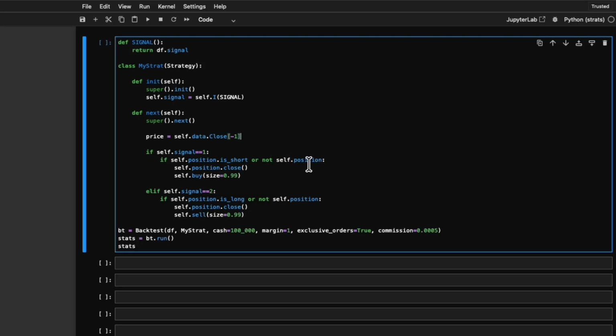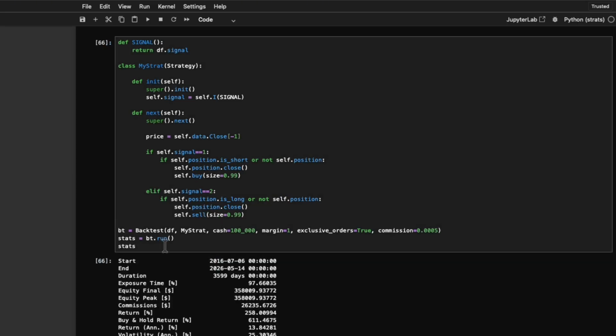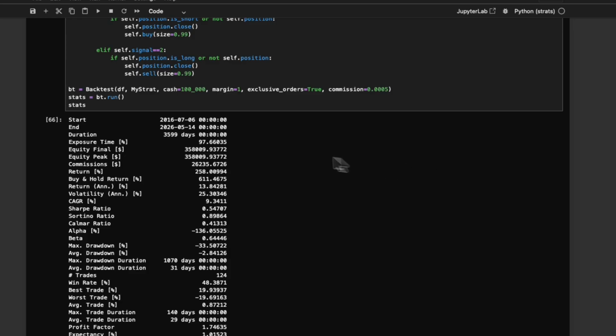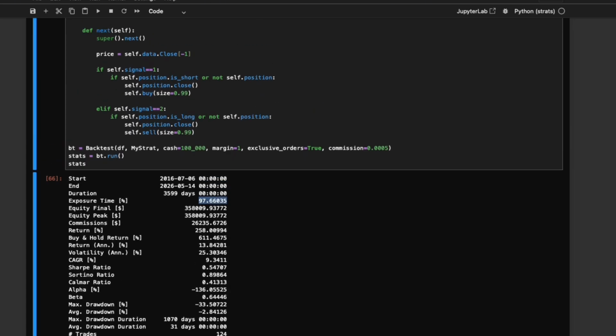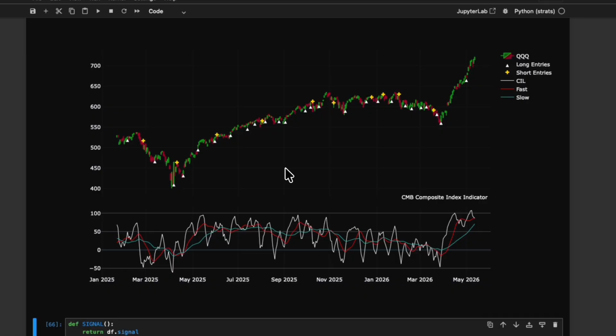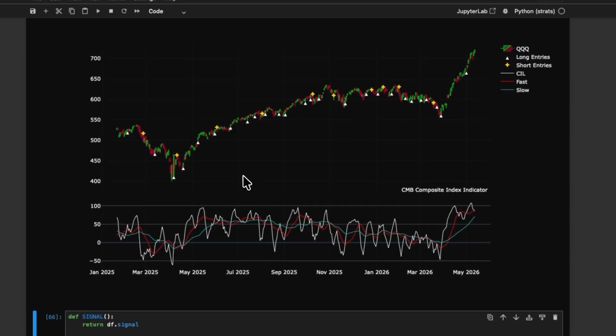So let's run it raw just to see what it would give us. And it doesn't do too badly. You're in the market, obviously, 100% of the time. And the reason for that is the only time you are selling is when you get a sell signal. So, for example,